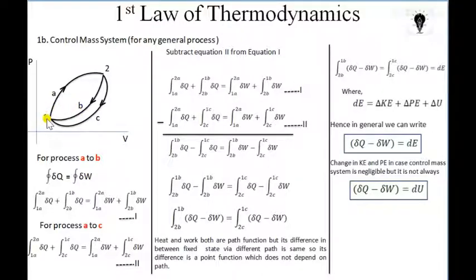Whatever law or derivation we derived in the previous lecture will be applicable for a cycle. For example, the system transforms from 1 to 2 and comes back from 2 to 1 via any of these returning paths, B or C. So it forms a cycle, and for that process it will be applicable.